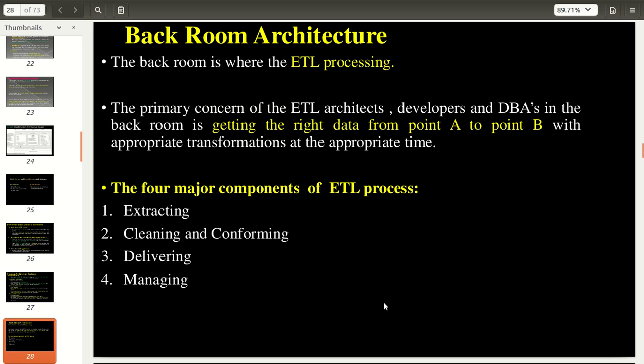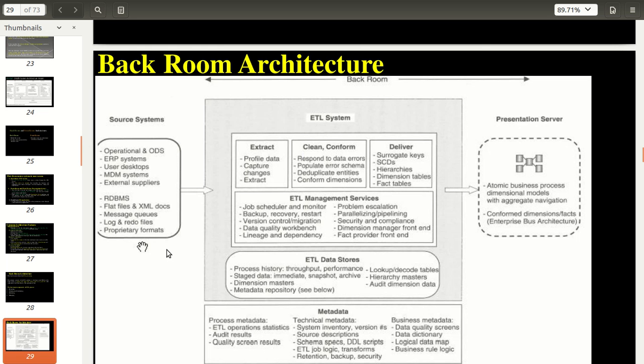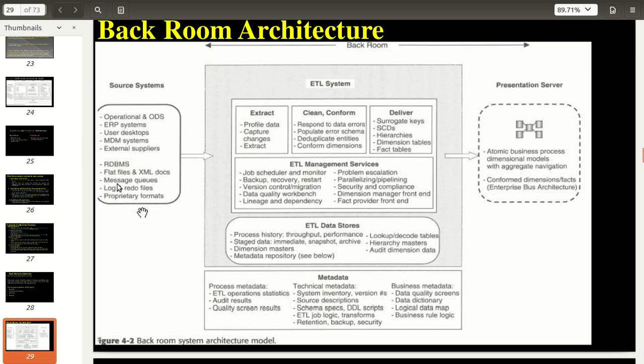So backroom architecture is ETL processing. Here there are four major components: extracting, cleaning and conforming, delivering, and managing. This is the detailed diagram of the backroom architecture: extract, clean, conform, deliver, ETL services, then ETL data stores.